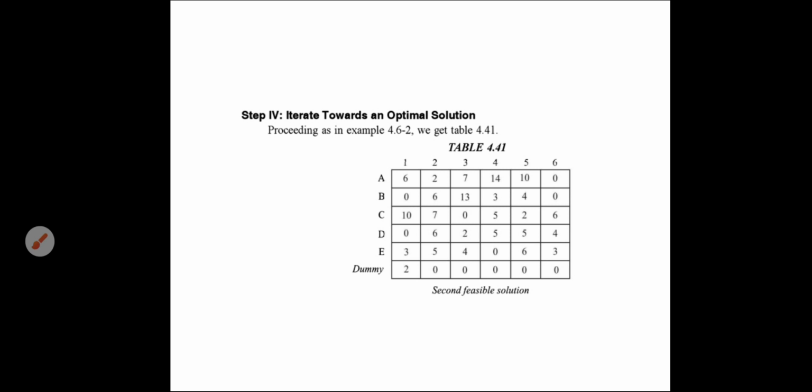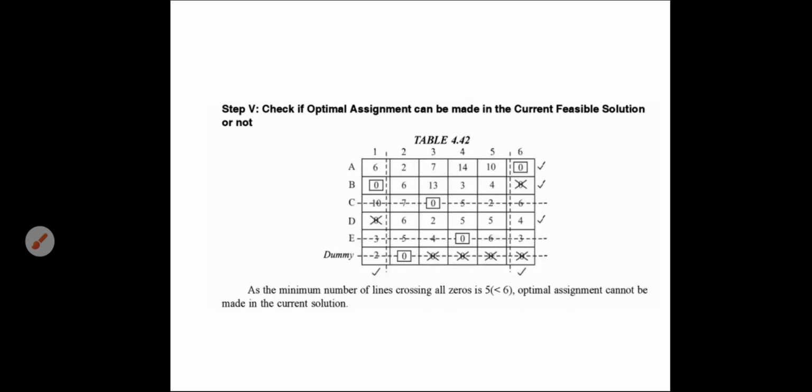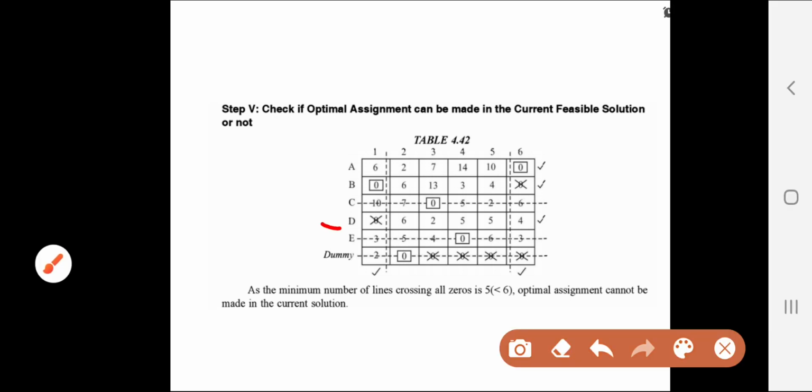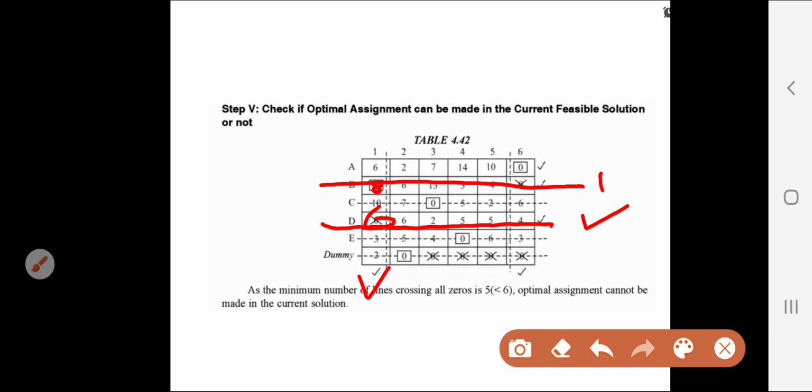Okay, as it is not an optimal solution, so mark the row which is unassigned. So here this row is unassigned, so you mark this row, D row, you mark. Okay, in the same row, if you find a zero, yes, you find a zero here, choose that column and mark that column. Okay, the column which I have chosen, in that column you find any assignment, yes, there is an assignment, then you choose that row for marking.